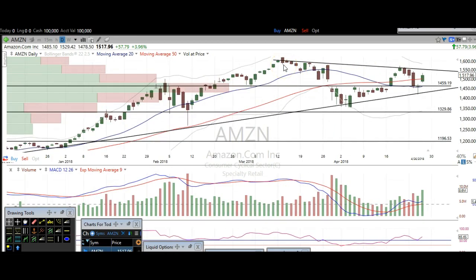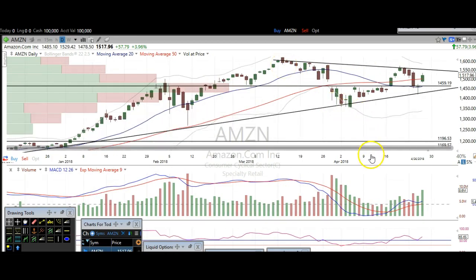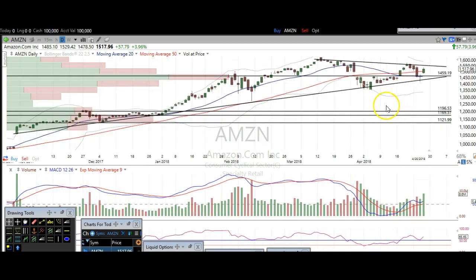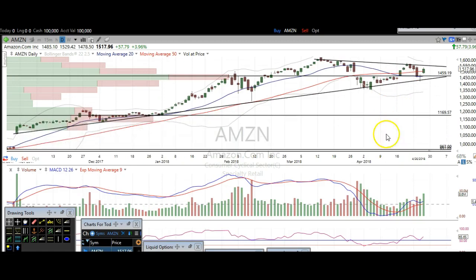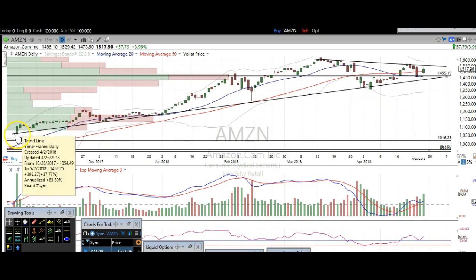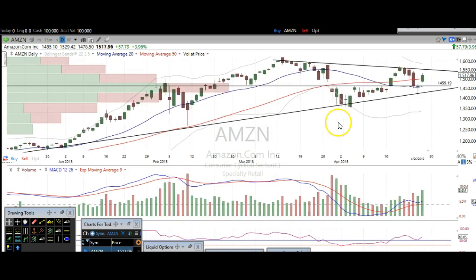Amazon, another one here. I know I got a lot of lines. I'll just drop this one down so you guys don't get confused. So we've got, let me lower these lines even more. Okay, so what I want you to focus on is this trend line right here. Started in October of last year. Got a bounce here, several bounces right here, direct hit and bounce off of it right here, again right here, and again right here just the other day where we hammered off of it,